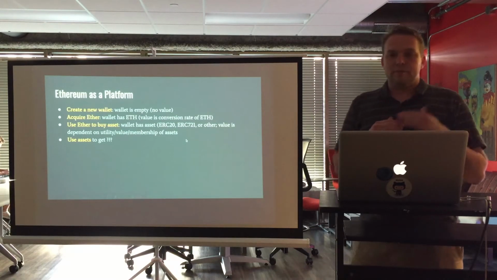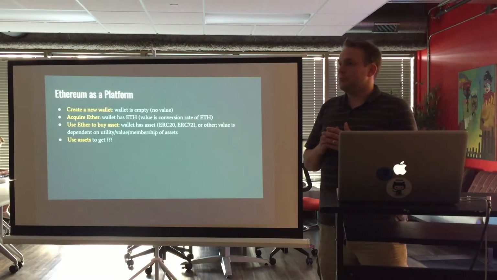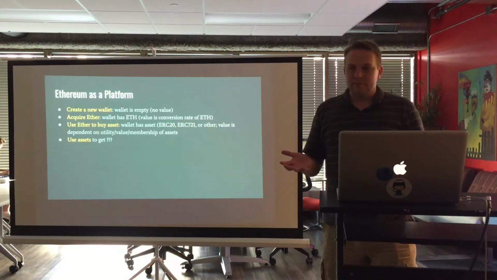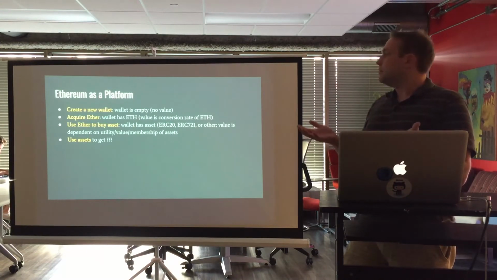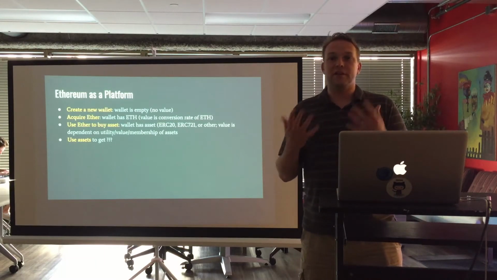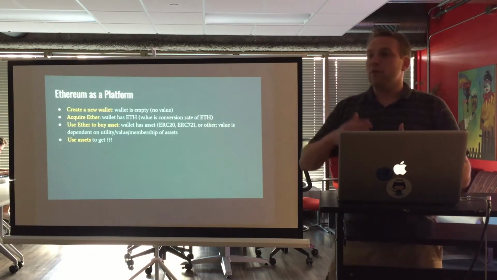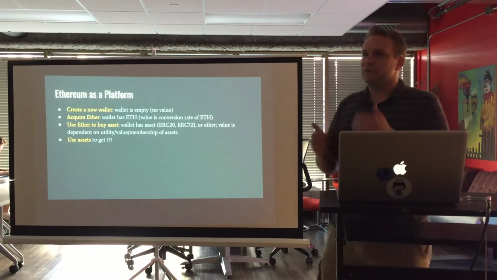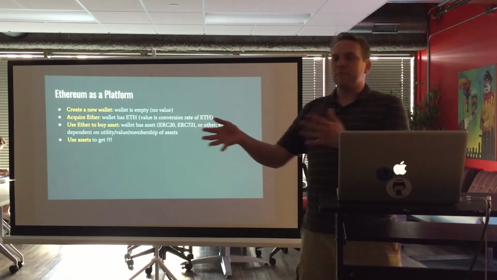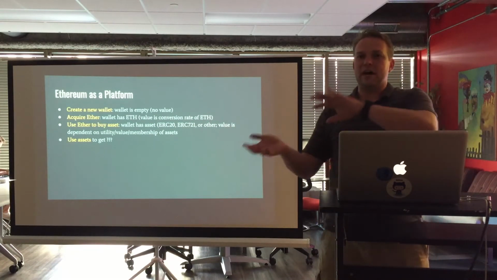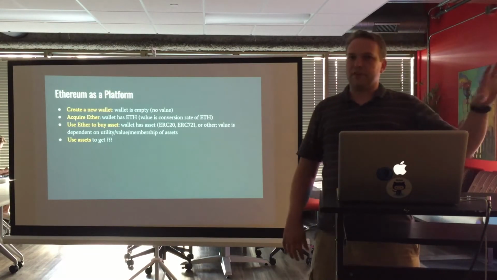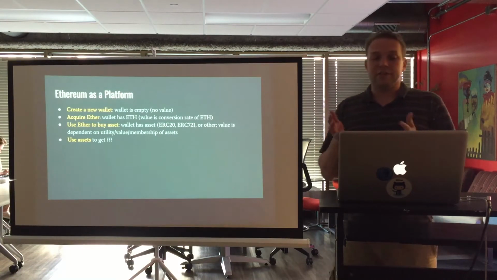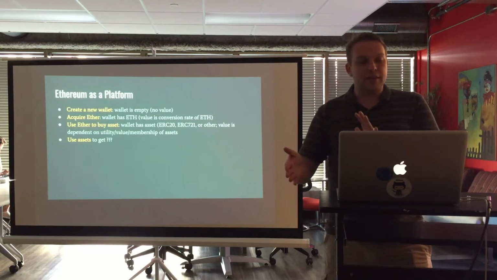So we've already talked about the idea that when you start out on the Ethereum blockchain, the same way as starting out with a new bank account, you create a wallet, the wallet is empty, has no value. You then acquire some Ether, the wallet then has some Ether and is worth something in Ether. Ethereum then lets you take one step further: you trade the ether for something else. Usually if you used your money to buy something on Amazon, that something is now not in your bank account. It's now something that exists, maybe in your house. With Ethereum, that something still exists in your wallet. The same wallet now has that additional thing in it.